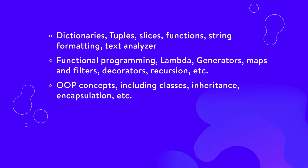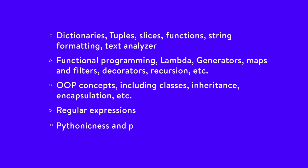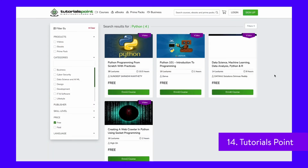OOP concepts, including classes, inheritance, encapsulation, and more, regular expressions, and Pythonicness and packaging. Tutorial Point is an excellent platform that provides quality content for free. It's best for beginners in Python and for those who are new to programming languages. Even if you have some prior knowledge of Python, you can polish your coding skills with the help of this